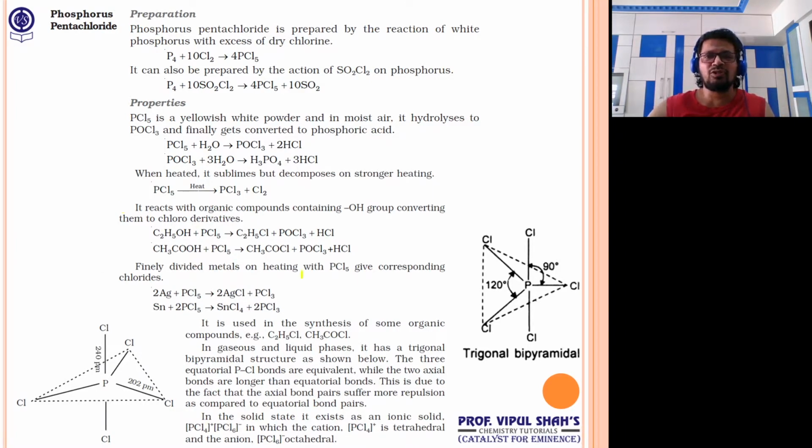Now for the preparation of PCl5, it is made with excess of dry chlorine. So phosphorus with dry chlorine will give us PCl5. The second method is by the action of SO2Cl2 on phosphorus, which gives PCl5 again. It's a yellow powder. It hydrolyzes to give POCl3 and finally phosphoric acid. In the previous part, PCl3 when hydrolyzed with moisture straight away gave H3PO3. Here PCl5 first gives POCl3, called phosphoryl chloride, and that phosphoryl chloride again combines with water to give